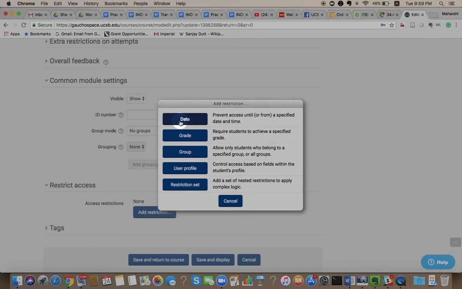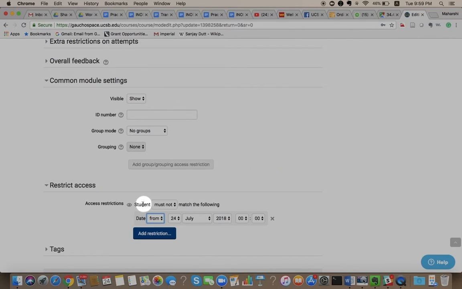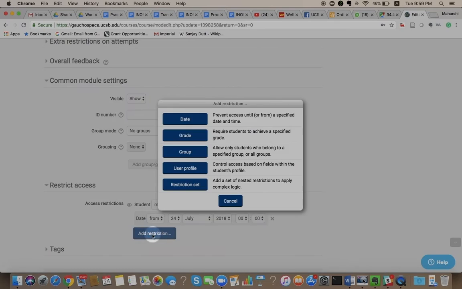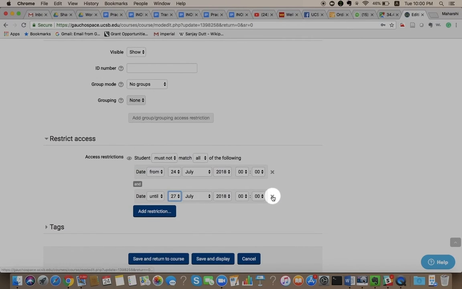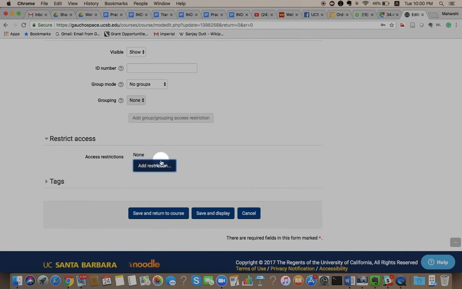What do these options mean? Let's go to date. You can allow students to access the quiz from this particular date at this particular time. So adding a new date restriction, we can choose the quiz to be accessible from, say, this date and until this particular date. Clearly this date has to be a later date, so let's say 24th July to 27th July 2018. So these are the days between which the students would be able to access the quiz. Now at the moment I'm just going to remove those date restrictions